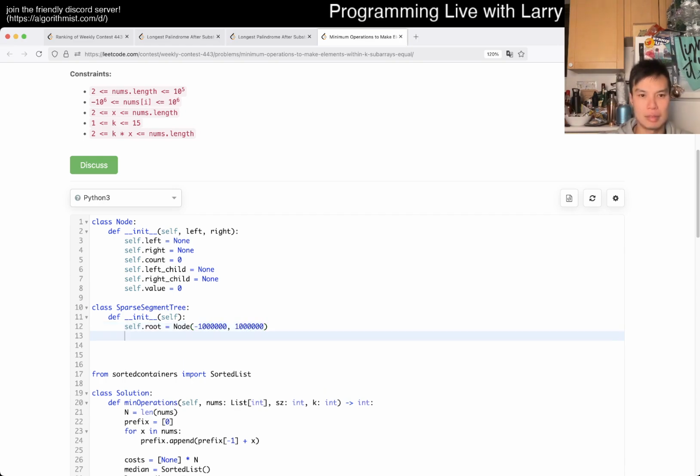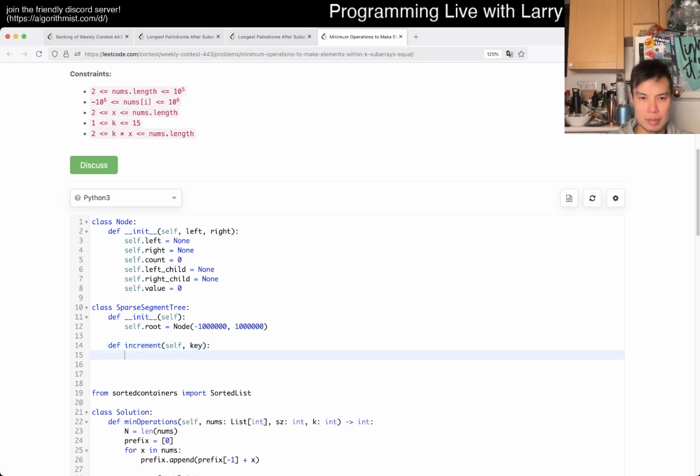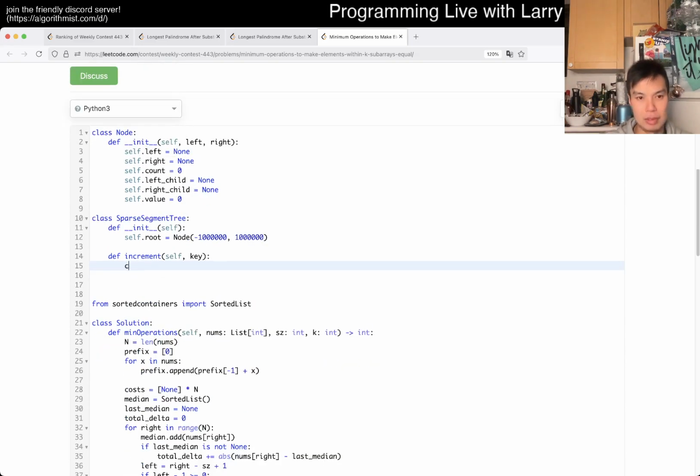Okay, right. And then we want to implement increment. Then we could do it iteratively, right? So kind of